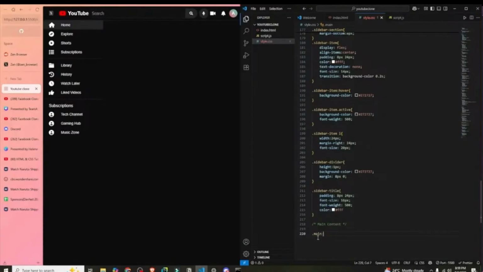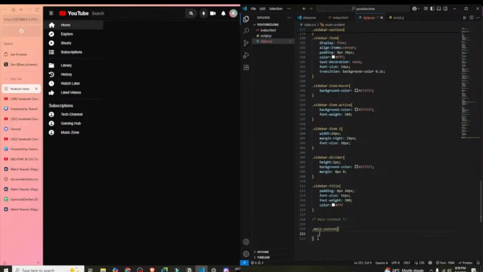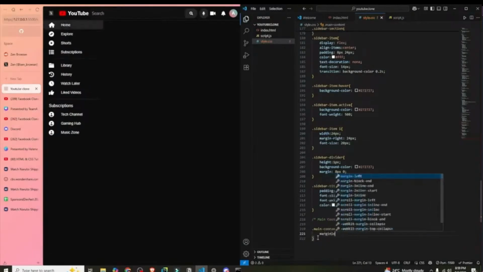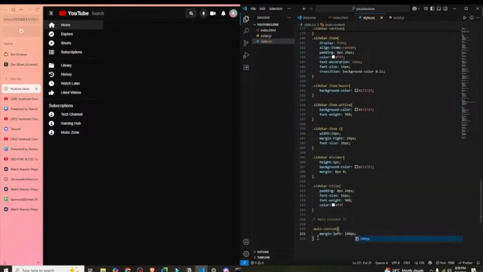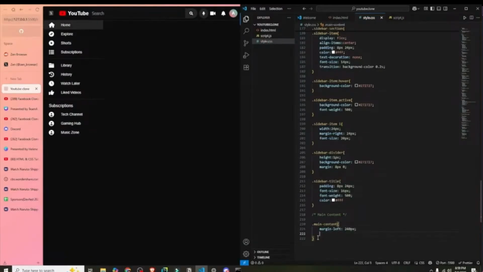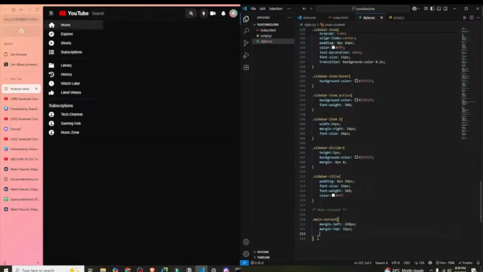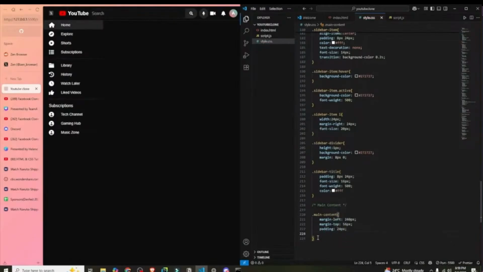Okay, so for main content, we'll give this styling of margin left. First of all, margin left will be 240 pixels. After that, we'll give this a margin top of 56 pixels, and then we'll give this a padding of 24 pixels, and then